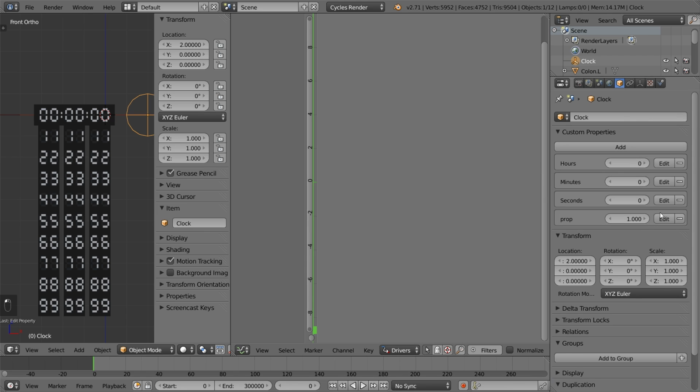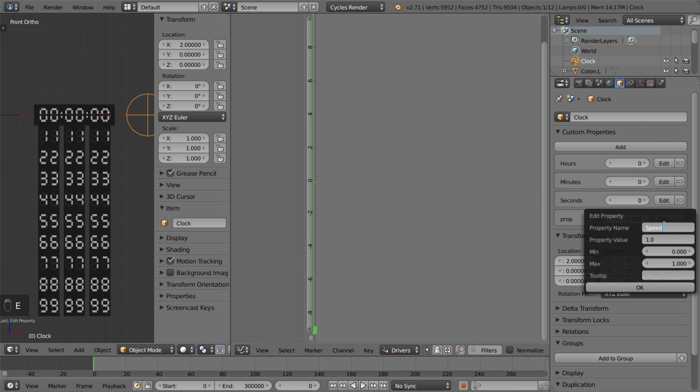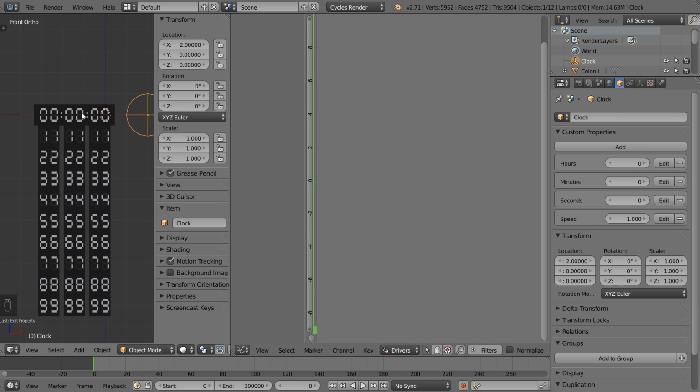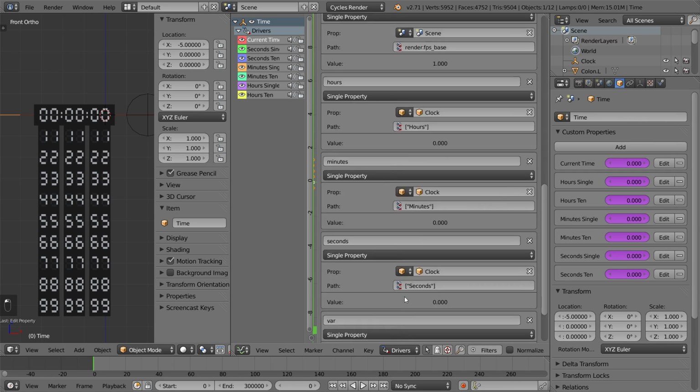Let's move on by adding a speed control to the clock empty so the user can pick the speed of the clock. Set the range to be as big as you want. Instead of just making the maximum value big, let's also change the minimum to a large negative value. That way, the user will be able to make the clock go in reverse. With the control created, add it as a variable in our current time driver